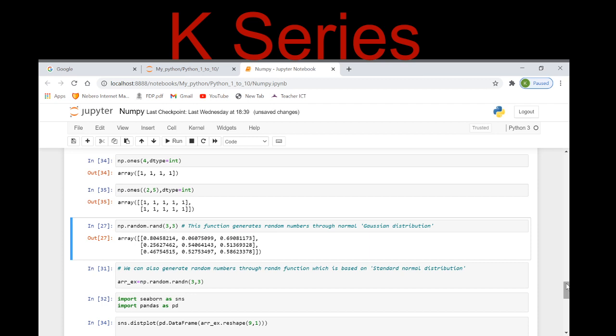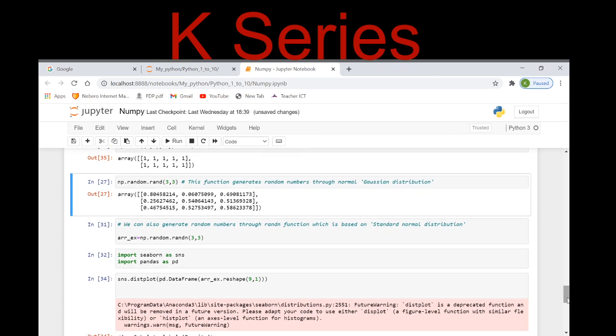Now, another very basic and very useful function that NumPy provides us is random number generation. If I type np.random.rand, it provides me random numbers through the normal Gaussian distribution. Many other functions are also provided by NumPy, and they use different distributions, right? So if I simply type np.random.rand